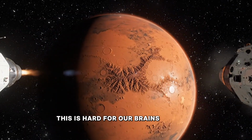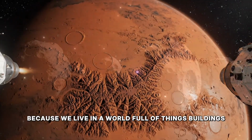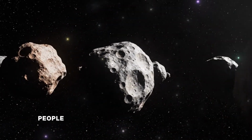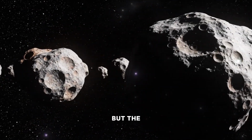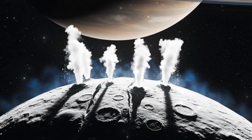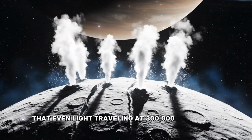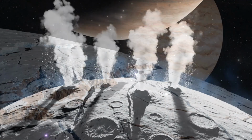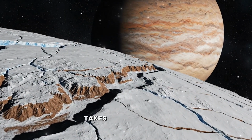This is hard for our brains to grasp because we live in a world full of things. Buildings, trees, cars, people, all packed relatively close together. But the solar system operates on a completely different scale. The distances are so immense that even light, traveling at 300,000 kilometers, or 186,000 miles per second, takes hours to